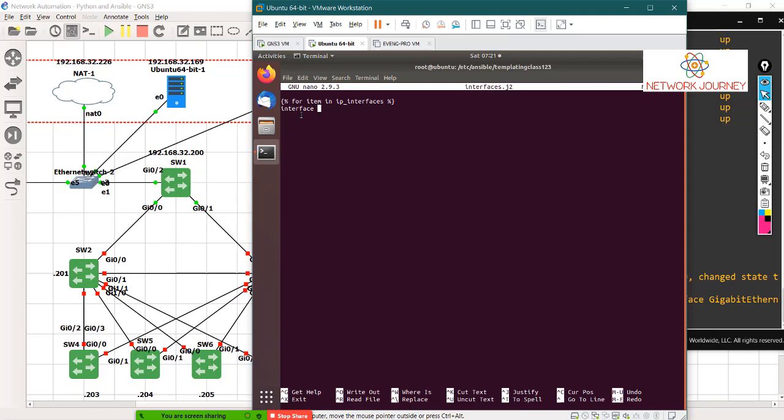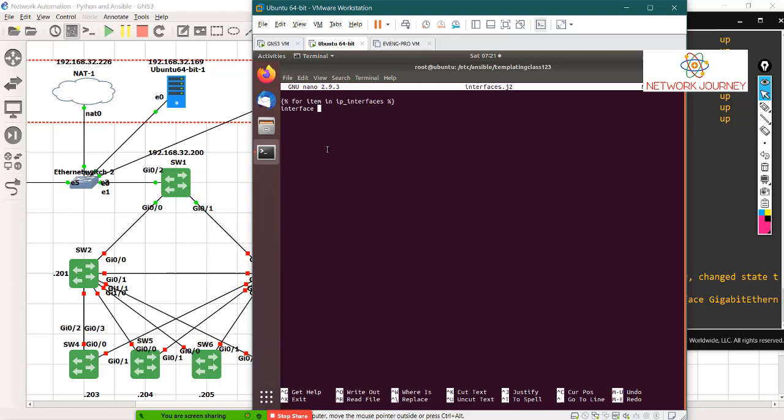So there will be no data in your main script, nor in the template. All the data will be only in the data model script, which can be JSON or YML. Okay, so this is a template. I'm only going to tell my script how the interface is configured on an L3 switch, because on a Nexus maybe things are different, maybe on an EOS things are different. In my L3 switch, I have to make sure there are some no commands, and then I run the IP. Otherwise, I'll trigger some error myself.